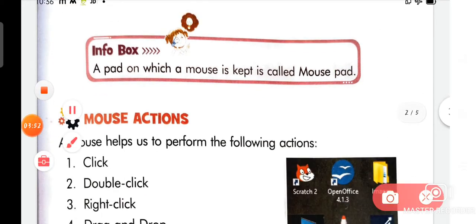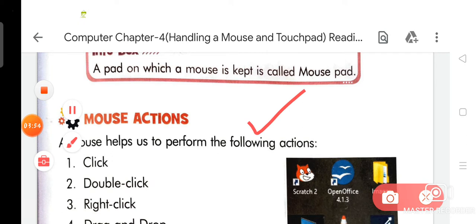Now we are going to discuss mouse actions. A mouse helps us to perform the following actions.